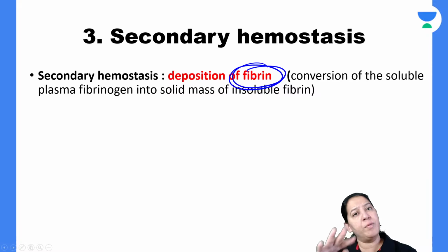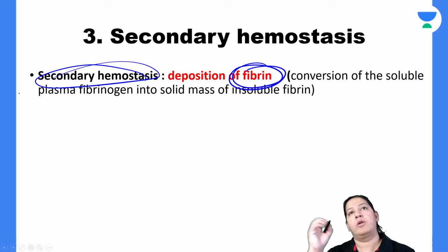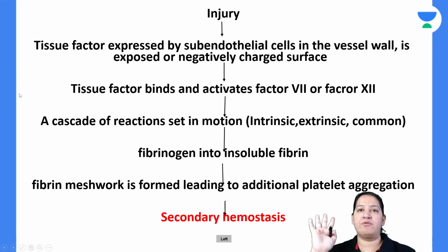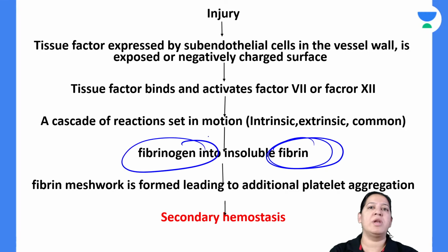When fibrin comes over the primary clot, now it is not known as the primary clot. Now it is known as the secondary clot. Right? Have you got it? But for this, fibrin has to come into play. Ultimately, we want fibrin. So we have to convert fibrinogen into fibrin. Fibrinogen is soluble and inactive, and fibrin is insoluble and active. We want to convert inactive into active.